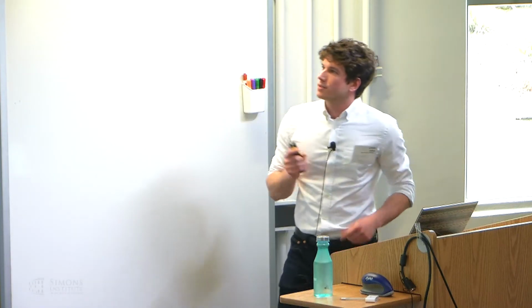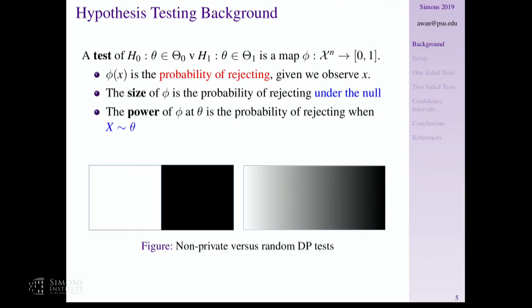So what about hypothesis testing? Generally, a test is trying to determine the value of a parameter that we don't know. So we're trying to learn about theta, and it lives in some parameter space, capital theta. And we're trying to decide whether it lives in theta 0 or theta 1, which are disjoint subsets of big theta. So we call theta 0 the null set. This is your assumption beforehand, and then the alternative would be, oh, we found something really interesting. This is not what we expected. We get to write a paper about it.